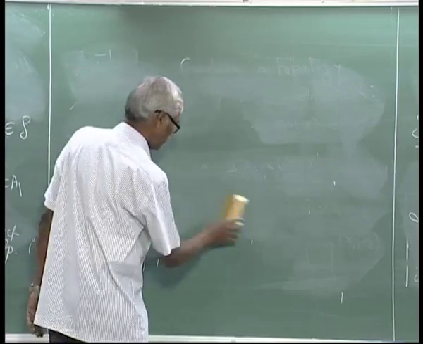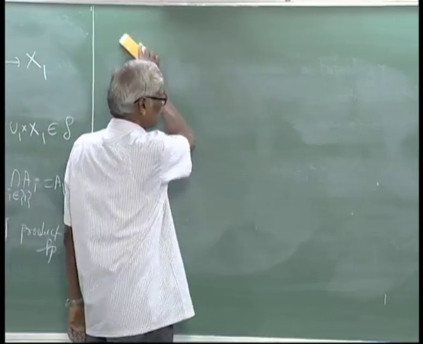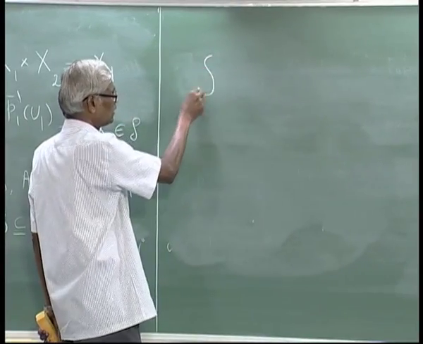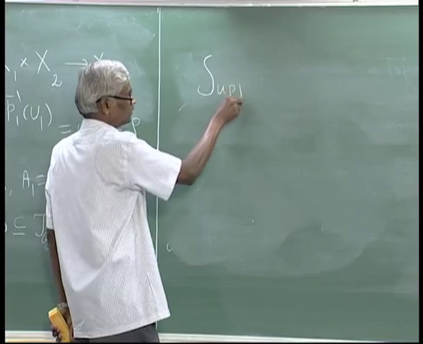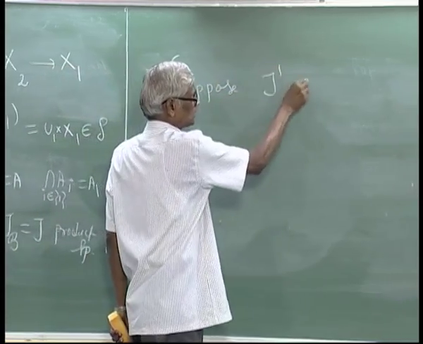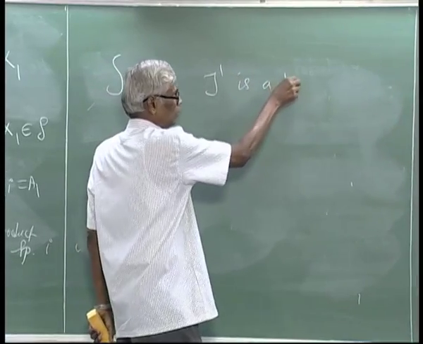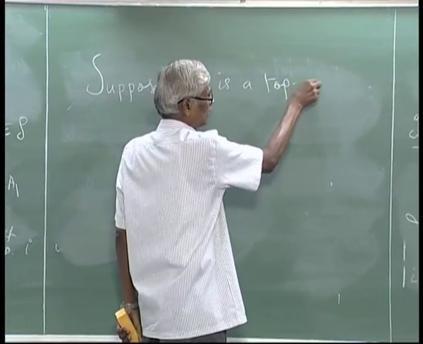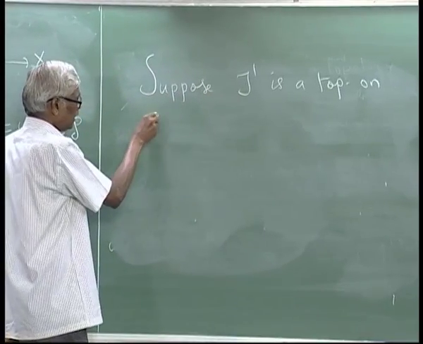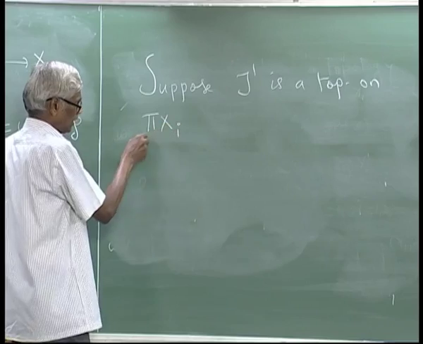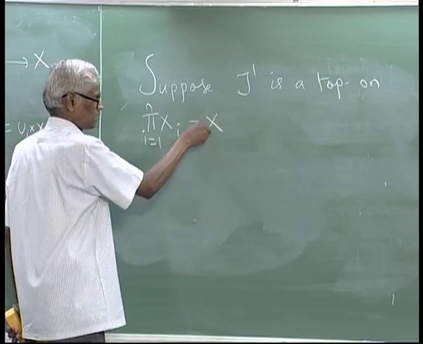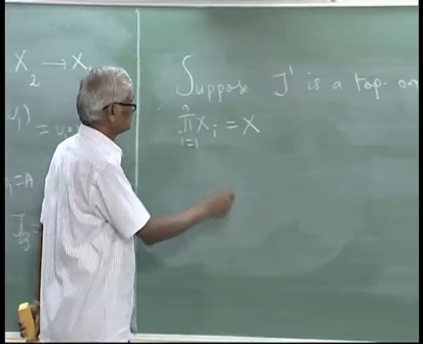So, now take any topology, suppose tau prime is a topology on the product of the Xi, i varies from 1 to n, we will just call it capital X, satisfying